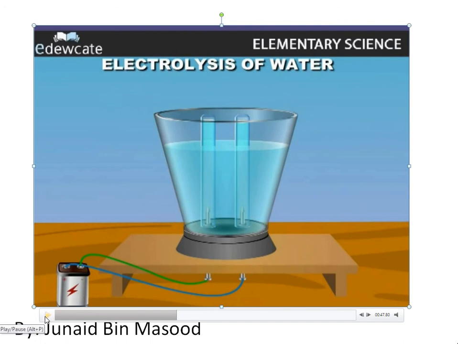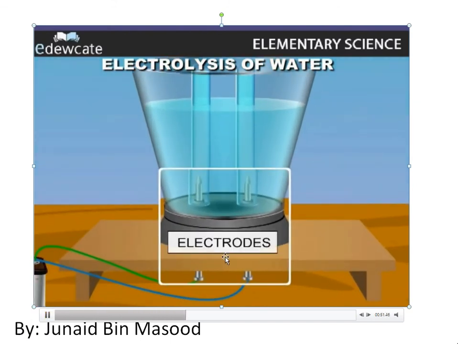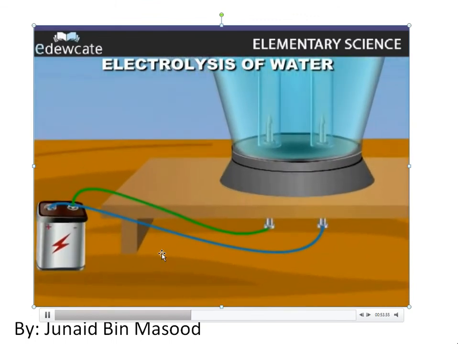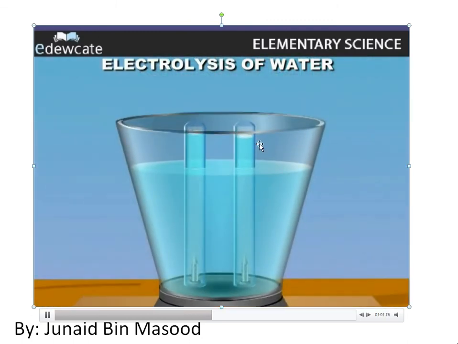It will cause ions to be produced. Okay, so these are called electrodes. So electricity is passing through here, and see, electricity over here is going. And as the electricity goes, here the gases start producing, oxygen and hydrogen. You will see that